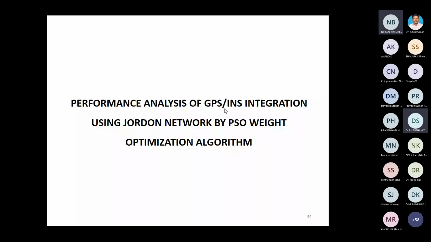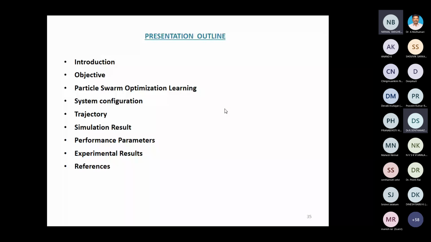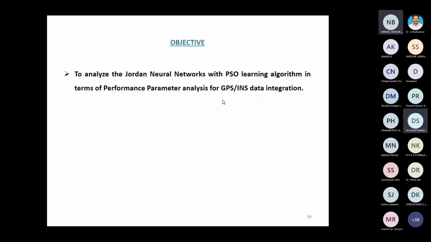We'll see the presentation outline here: introduction, objective, particle swarm optimization learning, system configuration, trajectory, simulation result, performance parameters, experimental results, then references. So here also the objective is the same. There you did it with the help of GA. Here you are going to do it with the PSO learning algorithm, to analyze the Jordan neural network with PSO learning algorithm in terms of performance parameter analysis for GPS INS data